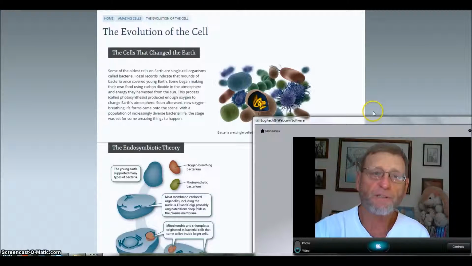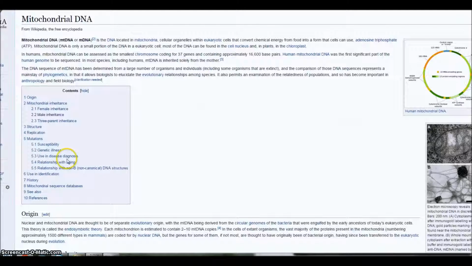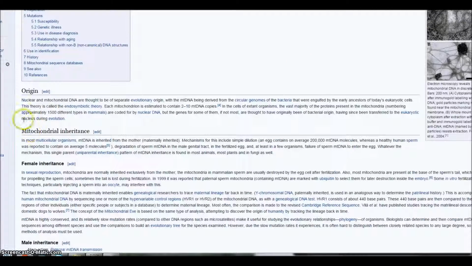Now, there's an interesting thing. Let's just review this real quickly, okay? Mitochondrial DNA is the DNA located in mitochondria, cellular organelles within eukaryotic cells that convert chemical energy from food into a form that cells can use, ATP, adenosine triphosphate. Okay? The origin